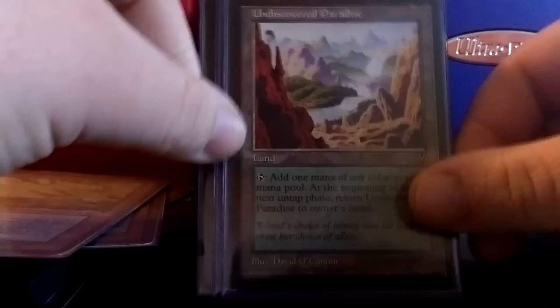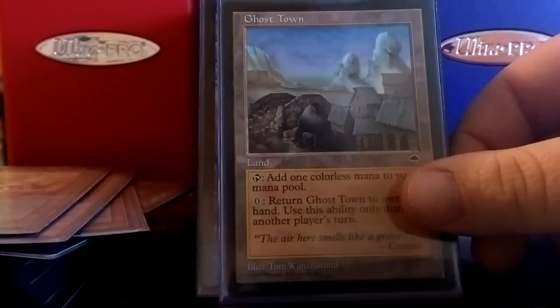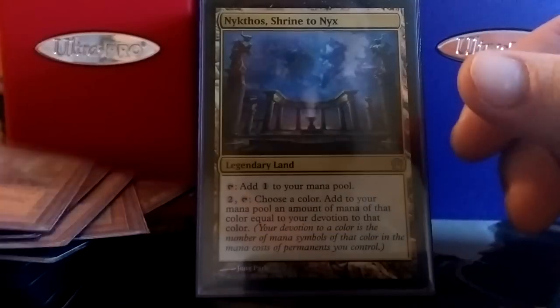So you can play this multiple times, and it keeps triggering the landfall. Same with Undiscovered Paradise. It returns itself to your hand after you use it. Ghost Town, you can return it to your hand during an opponent's turn. Now we got the